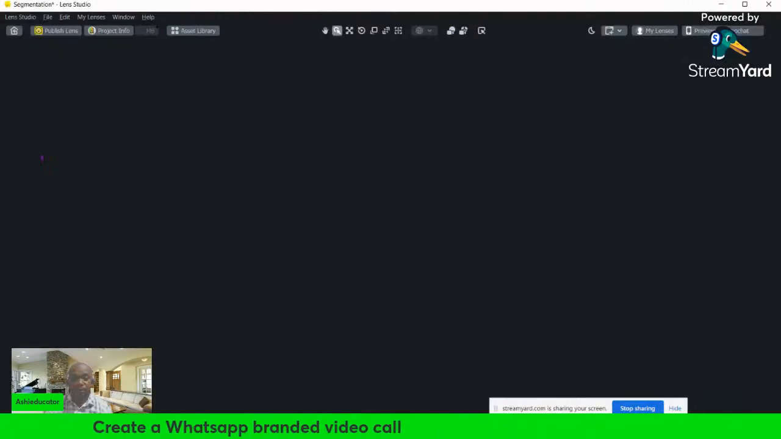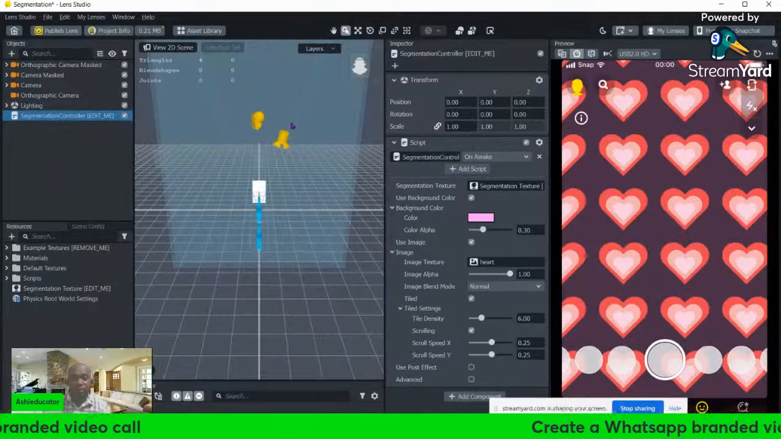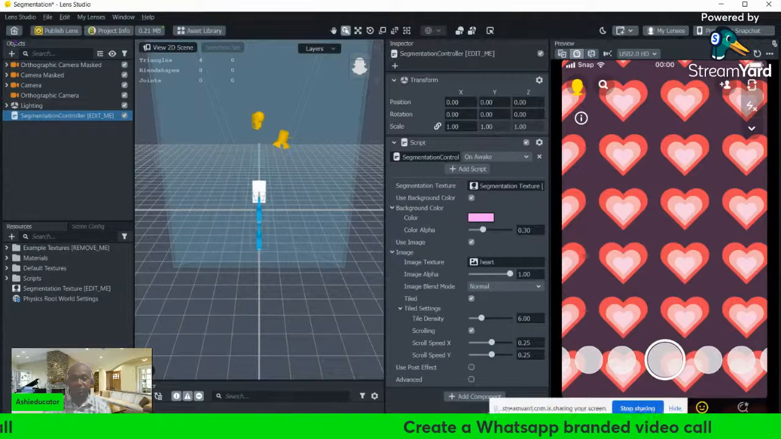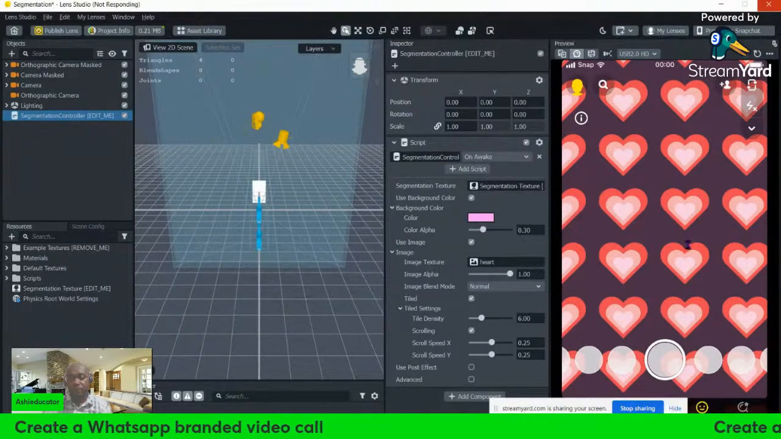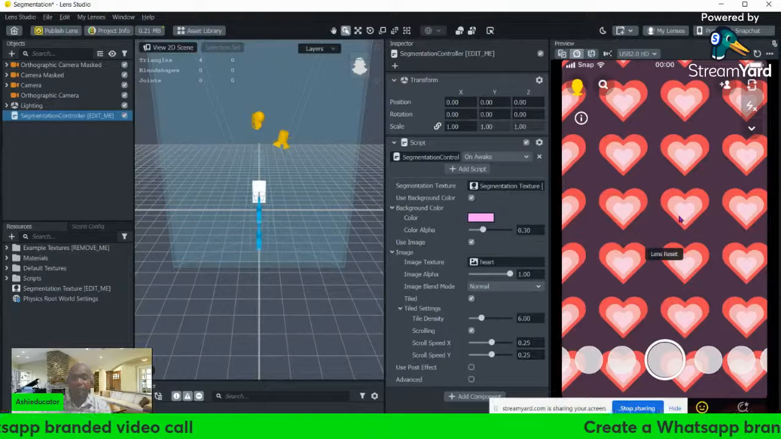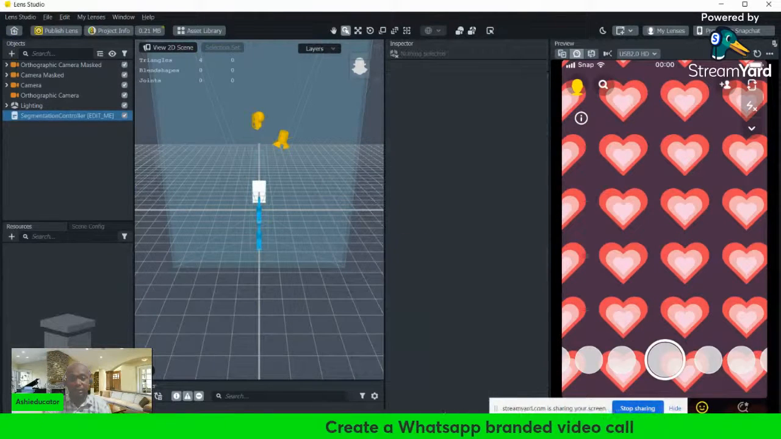Okay, so it's kind of open now. So we'll go back and you see what it looks like. You can see this is the background. This is the default heart background, right? Let's discard this and go back to